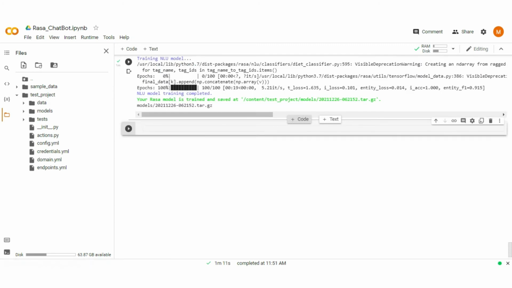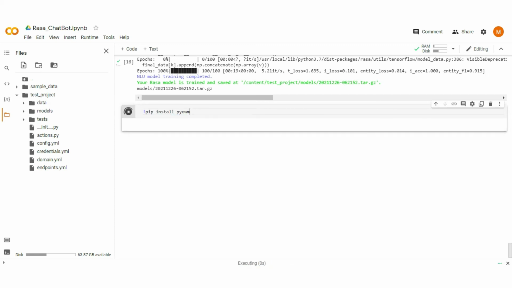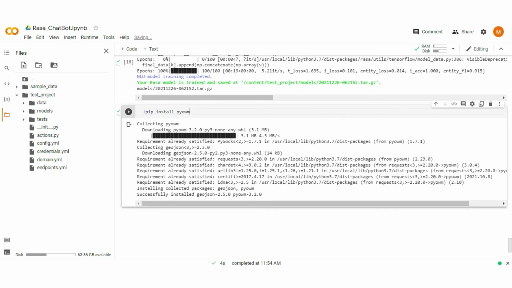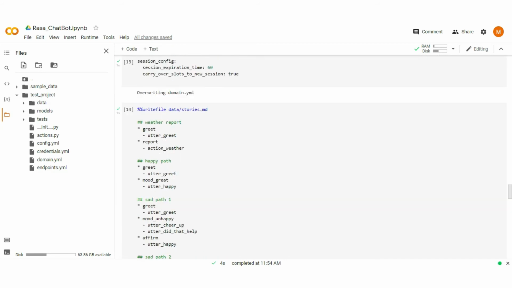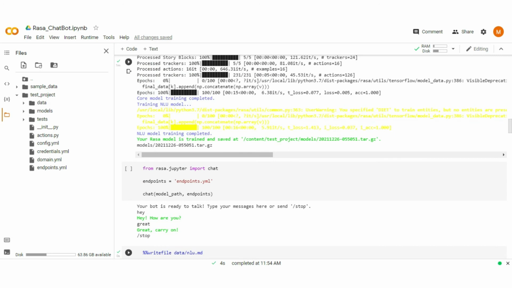First, install the OpenWeatherMap package. Type. Previously we used the chat method to use our chatbot in Colab.